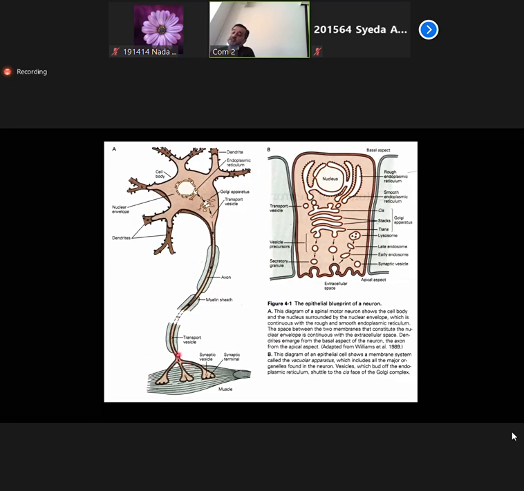And then once it reaches the axon terminal, you can see that the axon terminal is also divided into button-shaped dilatations. These are called axon buttons, which are basically synapsing or joining with target organs, which could be another neuron, which could be a muscle, which could be an organ. So you can have the axons dividing into the axon terminals, which are dilated to form axon buttons, and they are going to synapse with either the muscle or another neuron, or they are going to synapse with